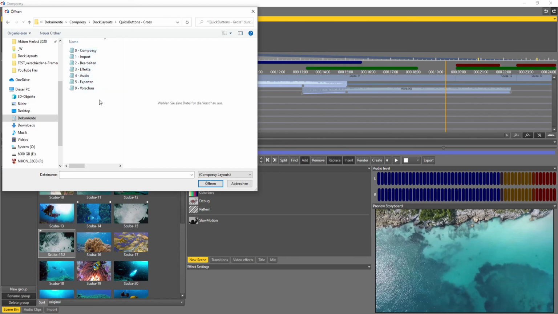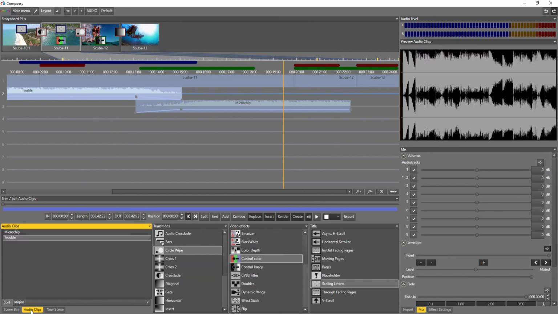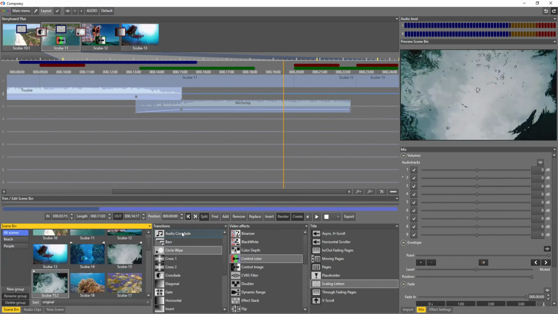So this is my selection of different layouts I have stored, and if I open the expert layout, it could also look like this. I have the Storyboard Plus, my scene bin, audio clips, my new scene generation, transitions, video effects, title effect, all available at once.